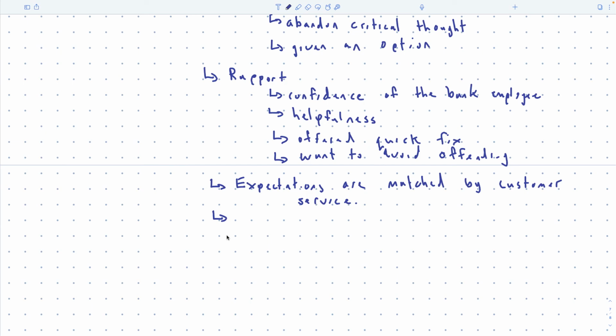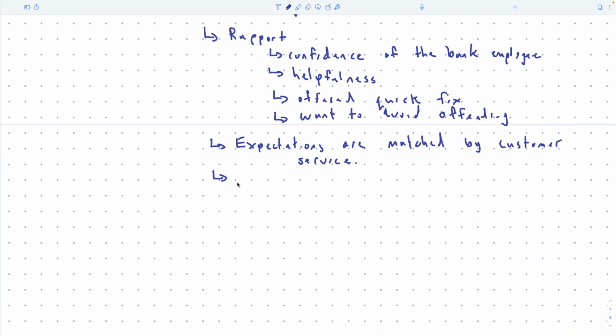And so they did preload the idea that a PIN was sensitive information, and that maybe wasn't the best approach.